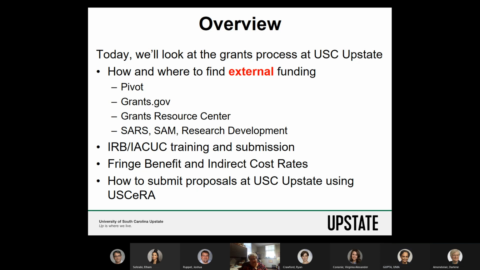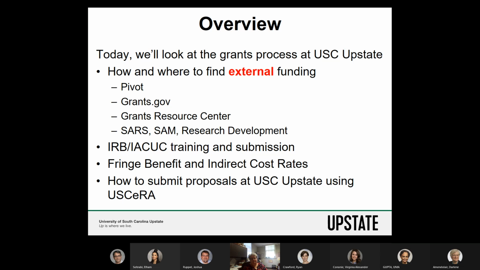So whether you have human and animal subjects and you might need to do training and get approval process for that, or if you are including salary in a budget and you might need to know fringe benefit rates, if you are applying to a funder who will pay for indirect costs, then we need to write those into the budget. So I'm going to touch on those and then finish up by talking about how to submit proposals through